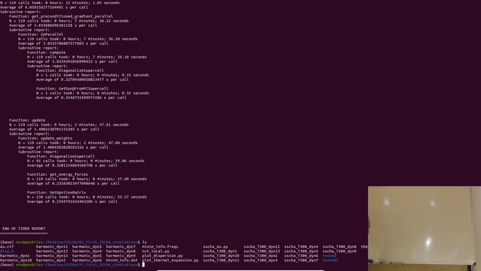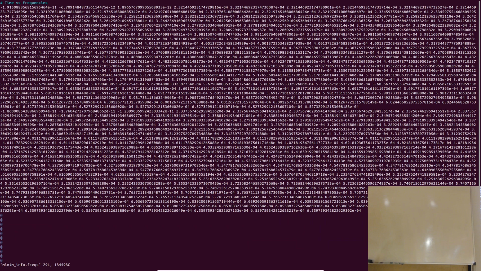For that, you can see here that we have a number of new files, including the harmonic dynamical matrix here, that are divided in different files. But the important thing is here in minim info point dat and the minim info point frex, with the frequencies and this kind of data. You can use Vim to just take a look at these files, but you are going to look at a bunch of numbers. So what is interesting